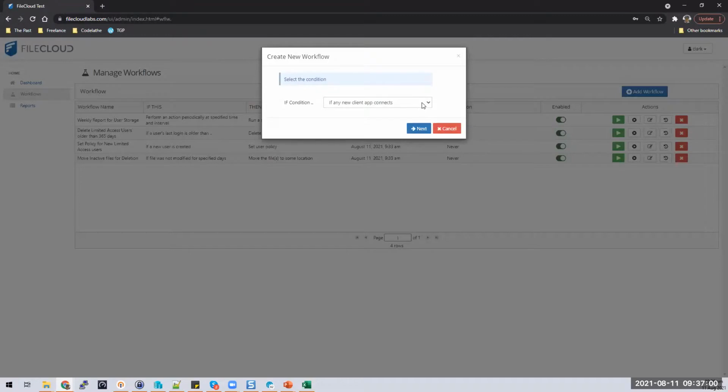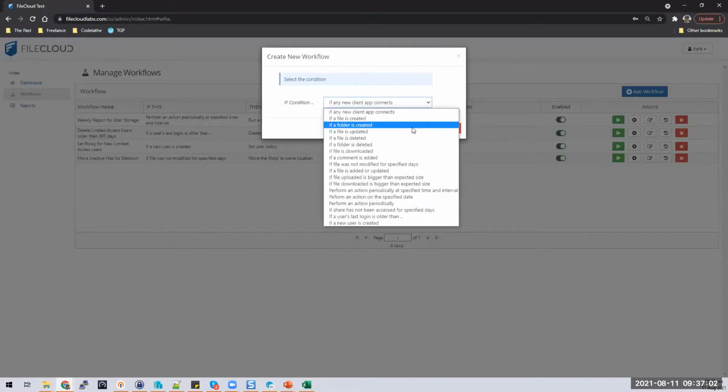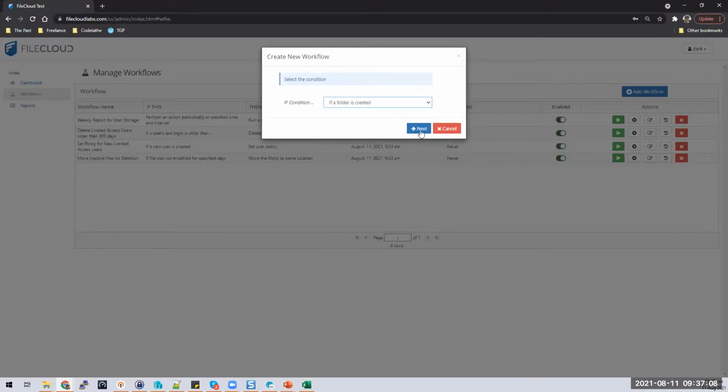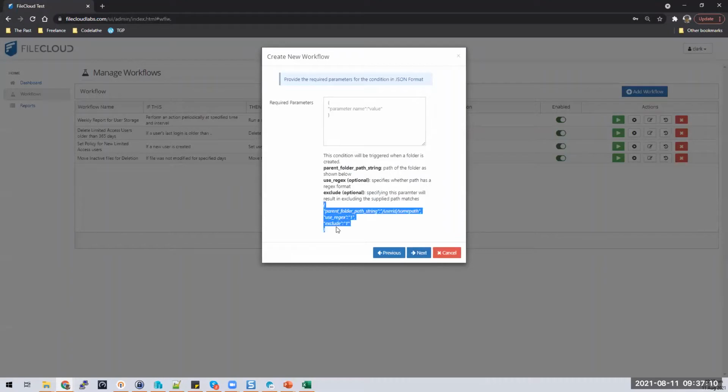So let's go for another example here. Say we've got, if a folder is created, so basically if there's a new folder that was created in your file structure. Say, for example, this is the parent folder path. I would usually put in here, for example, if the folder has been created from the team folder account, master. So this is my team folder account. I could put in there master, and basically if a new folder is being created from any location of my team folder,